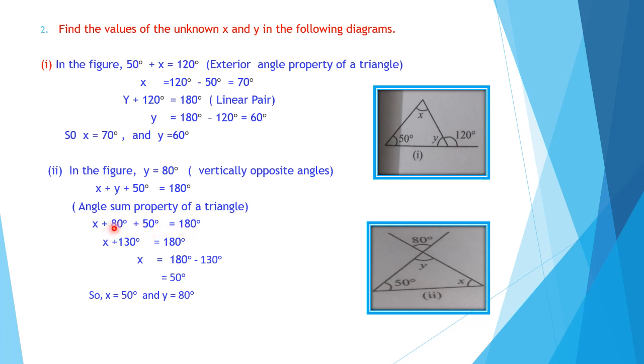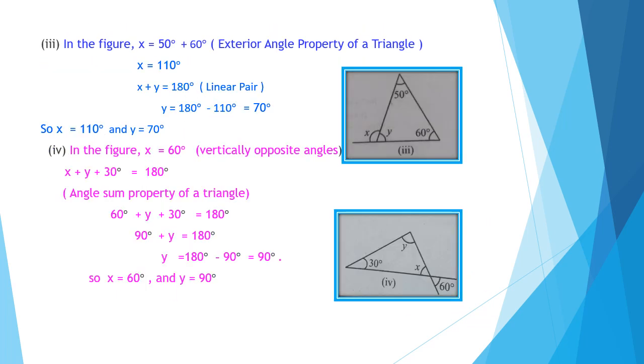Now we get x plus 80 degree and 50 degree, adding up we get 130 degree. X plus 130 degree is equal to 180 degree. Therefore x is equal to 180 degree minus 130 degree is equal to 50 degree. Okay children. So we got x as 50 degree and y as 80 degree. So we can check the answer. Here we got x as 50 and y as 80. 50 plus 80, 130. 130 plus, here we have 50 already. So 130 plus 50 degree is 180 degree. So the triangle measurement, we get a sum of 180 degree. So our answer is correct. Okay children.